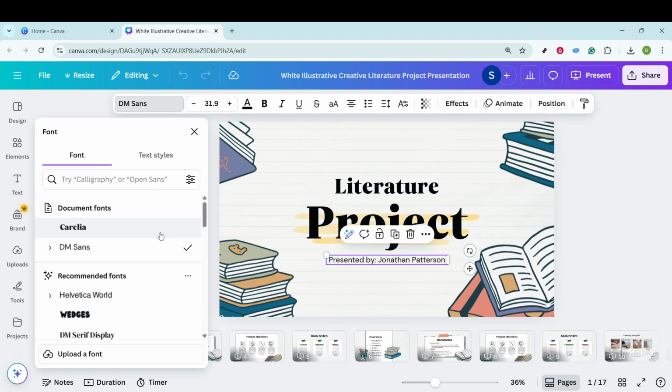As we wrap up this tutorial, just remember, whenever you're working in Canva and need to identify a font, all you need to do is select the text, and the information is right there at your fingertips. Now, you're all set to make informed decisions in your design process by easily identifying and using the fonts that best